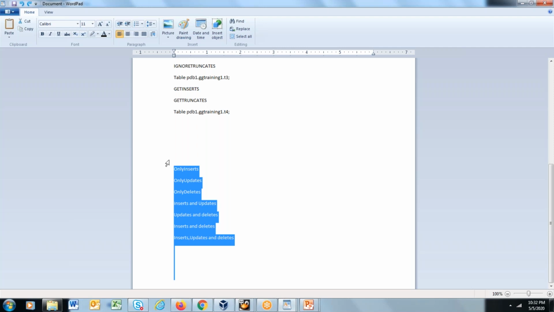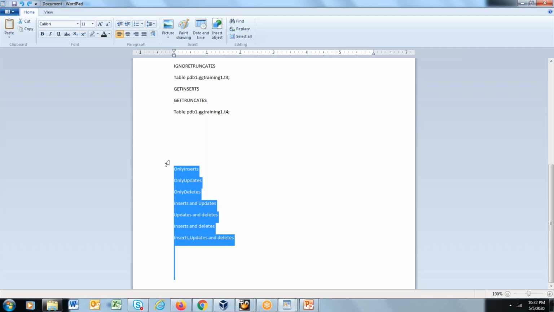So what are the use cases of this? Can you say one of the use cases where we would have to use the ignore option? One possible scenario is a data warehouse, where you don't want to apply any deletes.